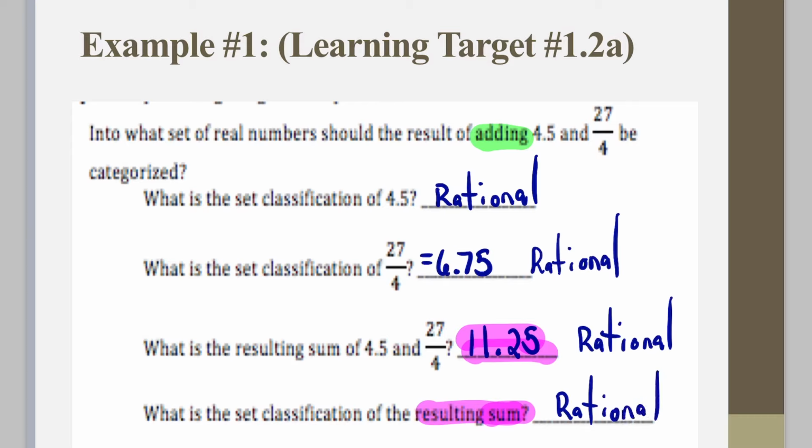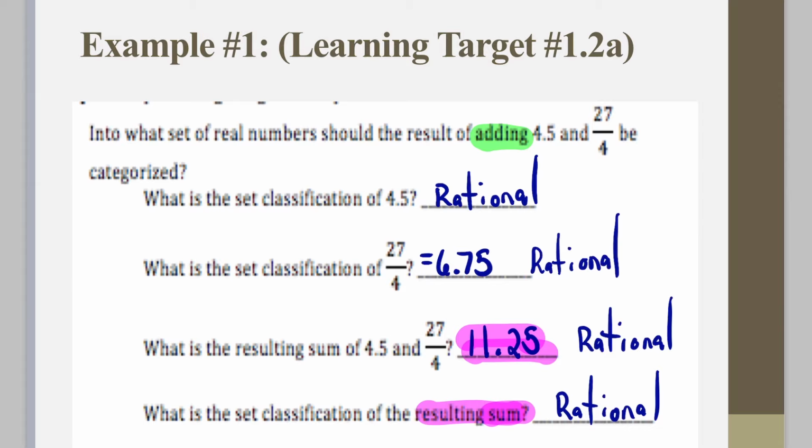But if we were to have skipped all the way down, we were to have looked at the two numbers being added, the 4.5 and 27/4, and realized that they're both rational numbers, we could have answered the question, what is the set classification, without even having done the math to get the resulting sum, because we know that because